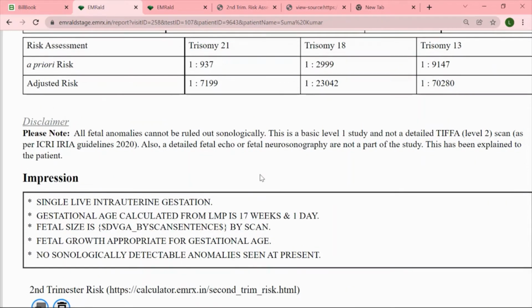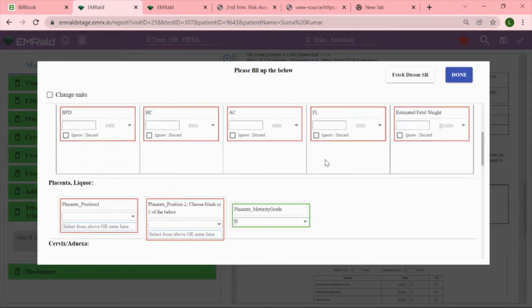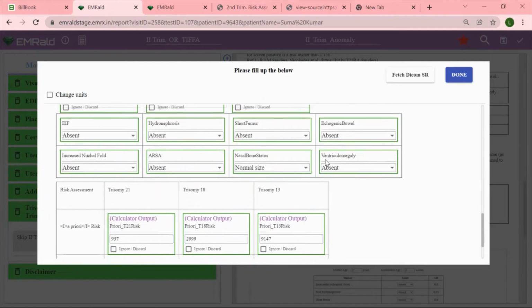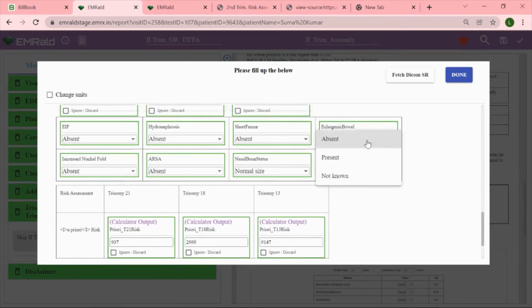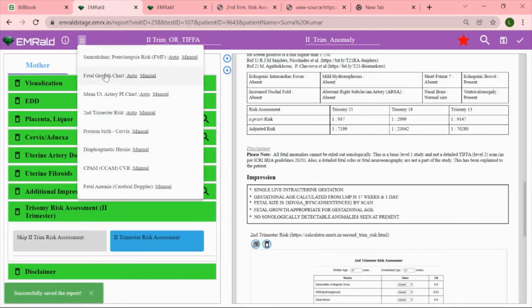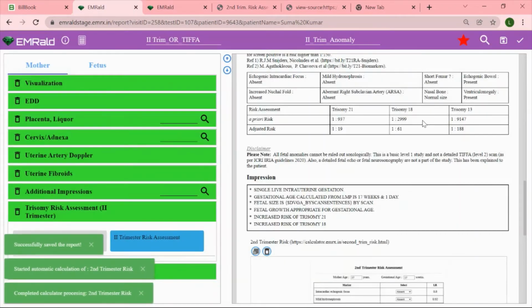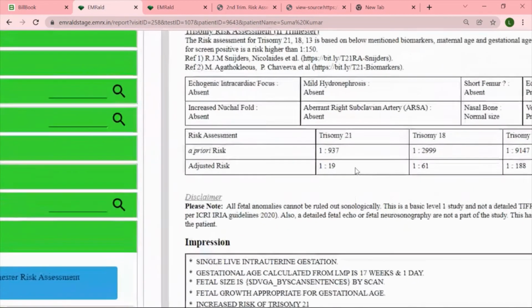However, if there were any abnormalities, what would happen? So let's take a look at that. We go back to the form and we change some of these things. For example, we say echogenic bowel is present, and let's say ventriculomegaly is also present. So if these two soft markers were positive, if these two conditions exist in the fetus, then what happens? Let's run the calculator again, and we will see the results. Go back to the calculator, click on auto. The calculator is running, and you will see the results now. The results, in fact, are